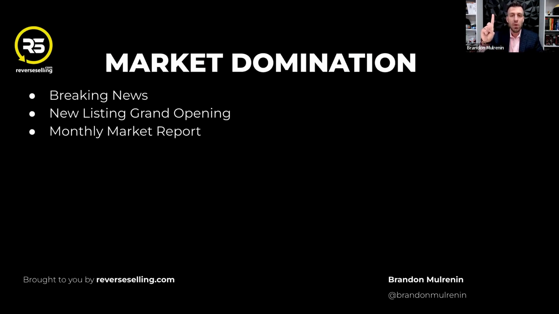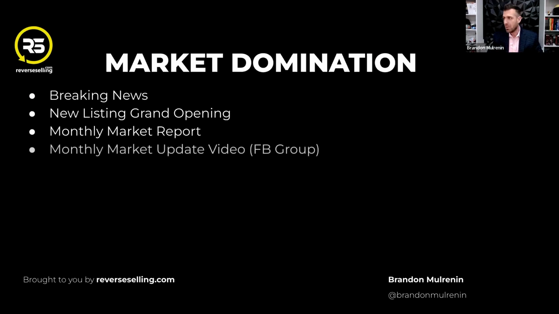So A, you can hand deliver it, or B, you can send it out in direct mail, and you can use a company called Mailbox Power, which is what we use. And so again, we automate the entire process. Click a button, the entire neighborhood gets a full-blown market report every 30 days, and it's all automatic, okay? Let me keep moving forward.